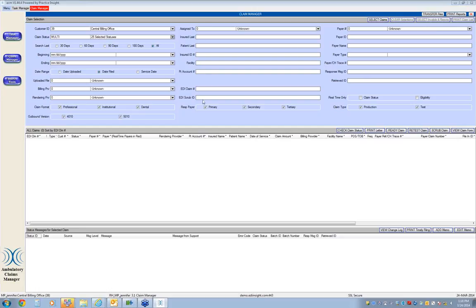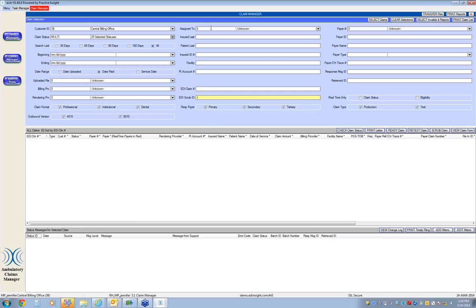In the middle, we have all of the patient search fields. So the insured last name, the patient last name, the insured ID, a facility, a patient account number. Okay. EDI claim number. You could search for an EDI claim number if you had one, and I'll show you where that's saved in here. But typically that's not one that you'll use, and we do not have scrubbing turned on with RelayHealth for Management